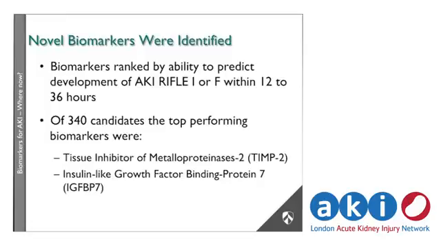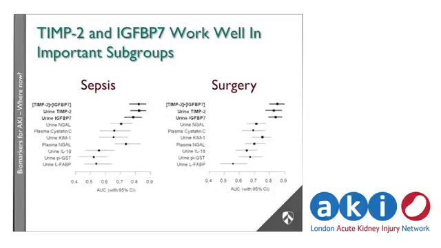And they found these two molecules, tissue inhibitor of metalloproteinase and insulin-like growth factor binding protein 7, and they multiplied these two together as their biomarker result. I have some difficulty with the choice to multiply them together, but that's by the by, it was patentable. And what they found is that these markers were much better than the existing biomarkers developed in previous studies in terms of their AUC, their ability to predict, and particularly in interesting groups like sepsis and surgery, where some of the biomarkers hadn't performed very well in the past. Okay, so that was good.